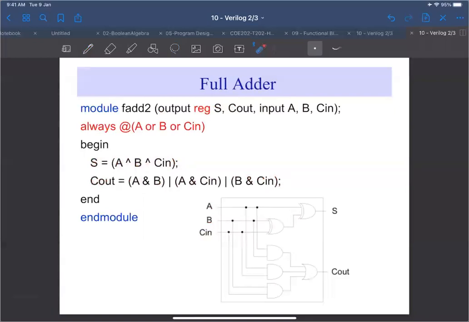But for now, just think about it like this is going to be executed first, and then this is going to be executed next. So if your C out is dependent on S, then this is going to work as well. If you remember, one of the ways that we implemented the full adder was that C out